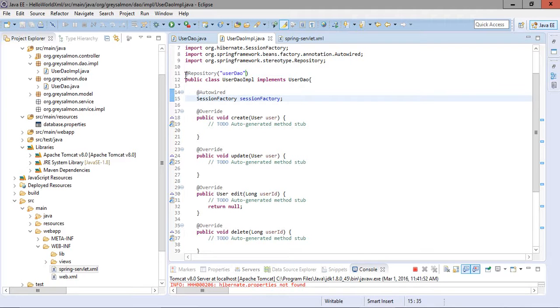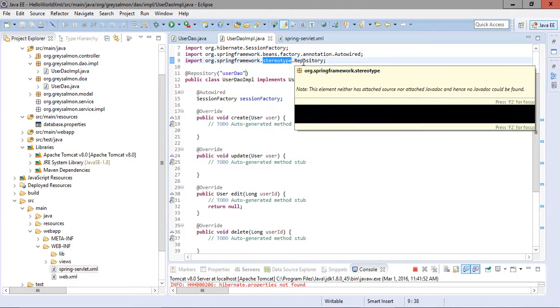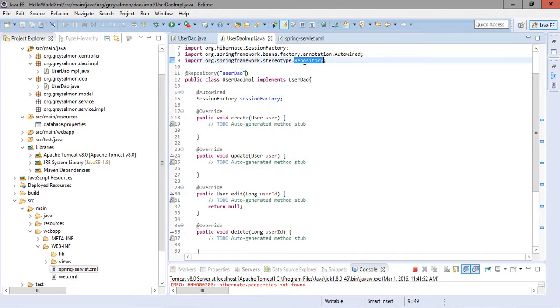Now these are the stereotype annotations, because they are imported from the stereotype package. There are basically four stereotype annotations. First is Component, which is the superclass of all the stereotype annotations. Then there are three subclasses of this Component annotation. The first is Repository, the second is Service, and the third is Controller.